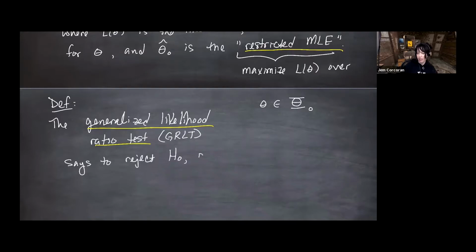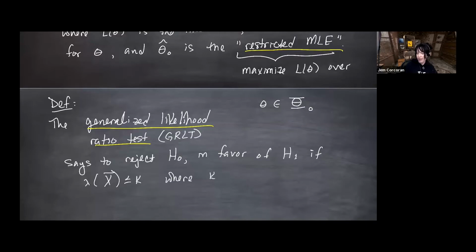I think I might be predicting what's on some of your minds right now. Let me finish writing this, and then let me bring up what I think some of you might be thinking. So reject in favor of the alternative if lambda of capital X is less than or equal to K, where K is chosen to give a size alpha test,